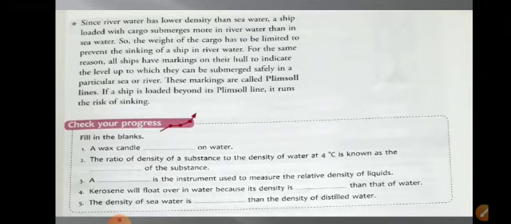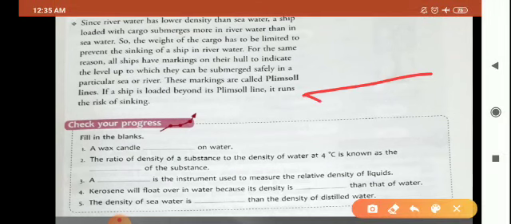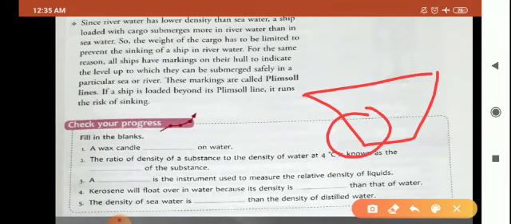Okay. Now for the same reason, all the ships have marking on their hull. What is this hull? Suppose this is your ship. The lower deck is known as the hull, and it has a marking. There is a marking at the lower deck or over the hull. What is that marking? That marking is called the plimsoll line, which helps to prevent the ship from submerging more